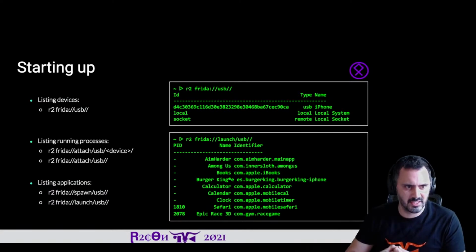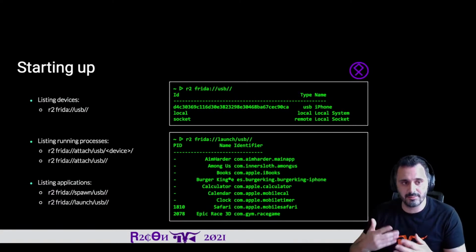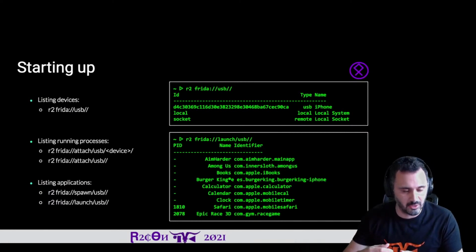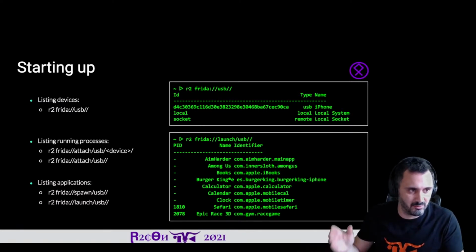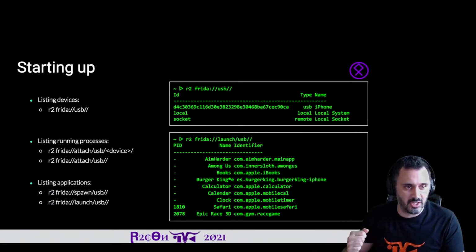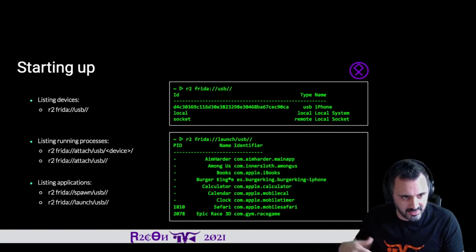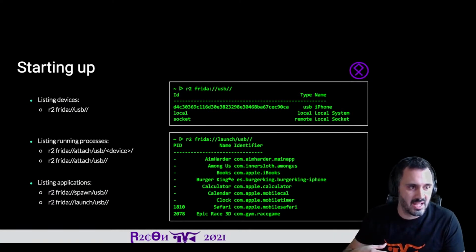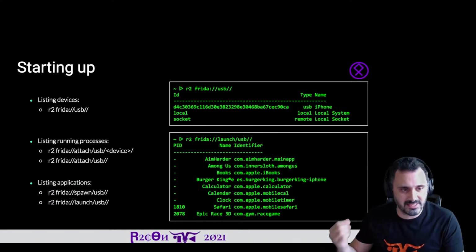In that case, just to identify the different devices that we have connected to our laptop, we are going to use r2frida with USB and two slashes, and it's just going to print the different devices that we already have. And then if we want to connect to a specific device, we are going to put the device into the two slashes, as we can see in the second